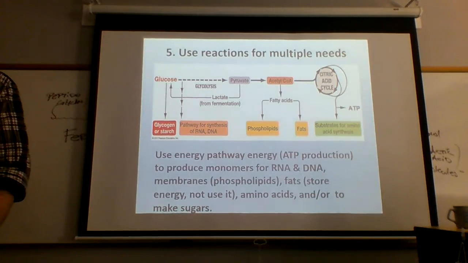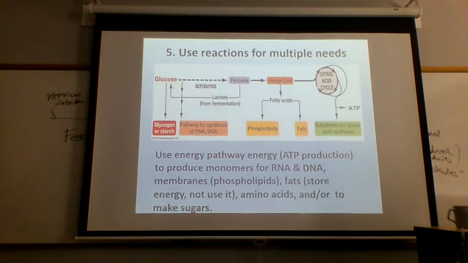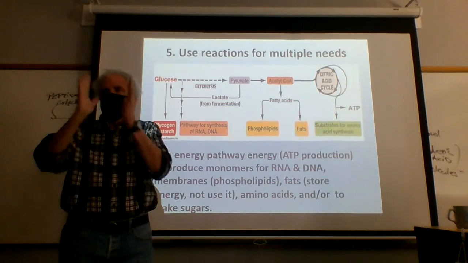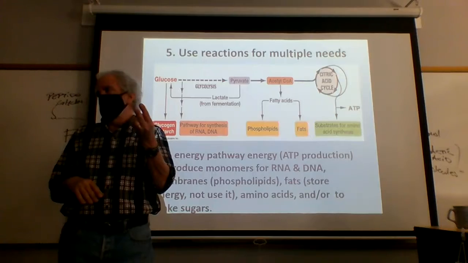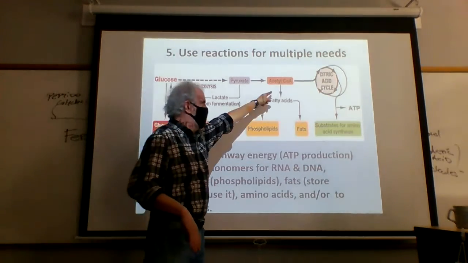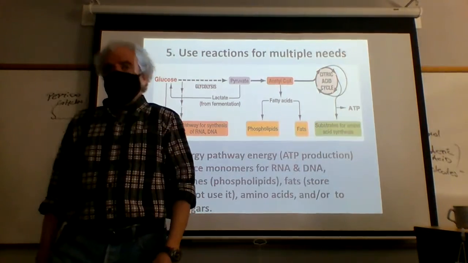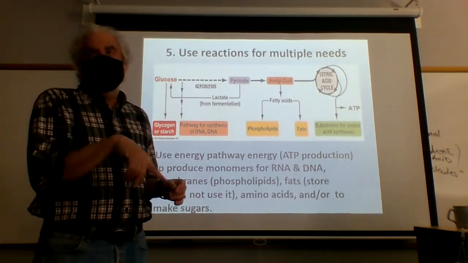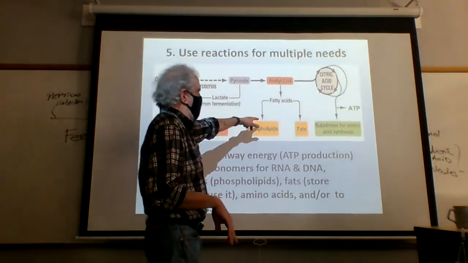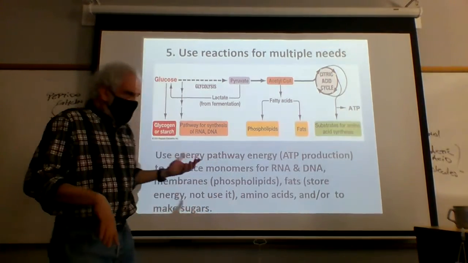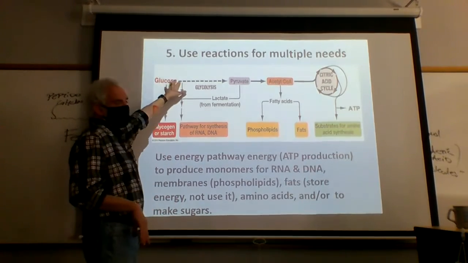If it's sugar, you're starting at the very top. If it's a protein or a fat, you're starting at the Krebs cycle. So with proteins, if you recall the structure of amino acids, if you break them down into individual amino acids, the core of an amino acid is a 2-carbon molecule. You strip the R group off, you strip the nitrogen off, and you fit those 2 carbons right there, and you're off to the races. So we can, under appropriate conditions, consume all these things. If you're going to be carrying out fermentation, don't try to eat fats or proteins, because you can't carry out fermentation with those molecules. You can only carry out fermentation with something that can fit into glycolysis.